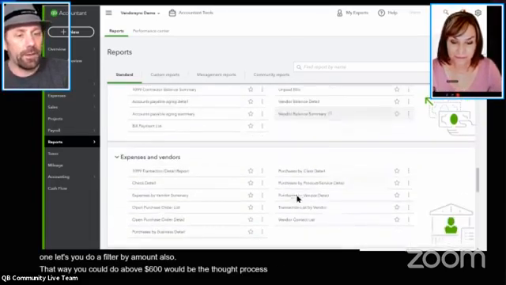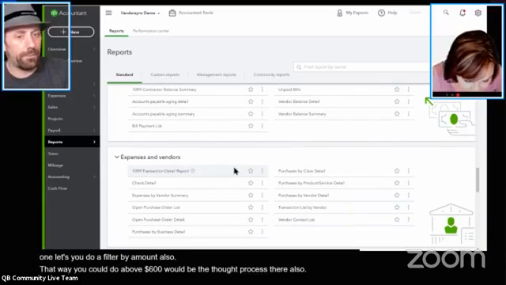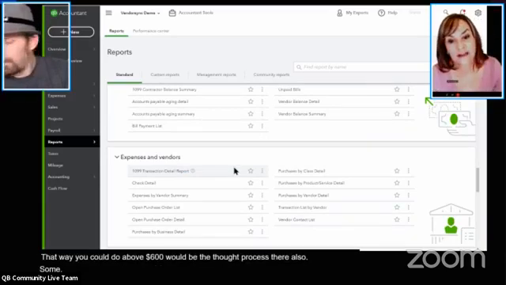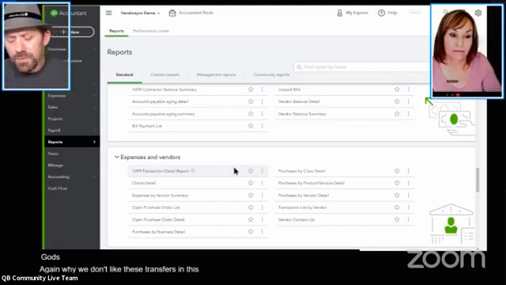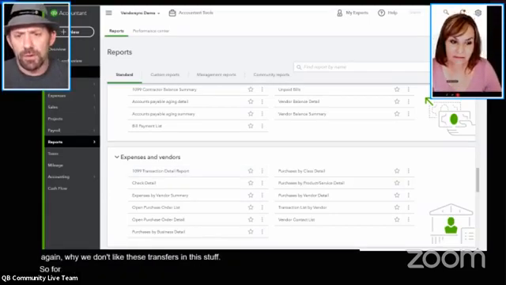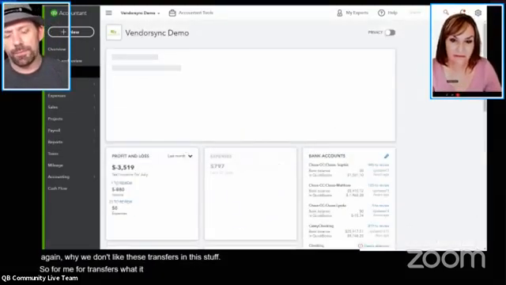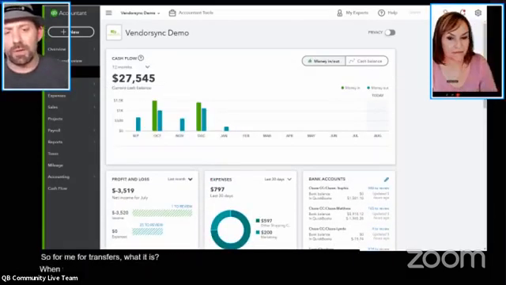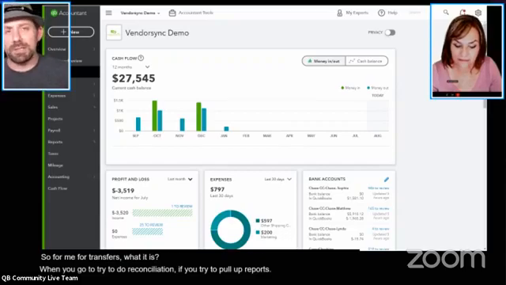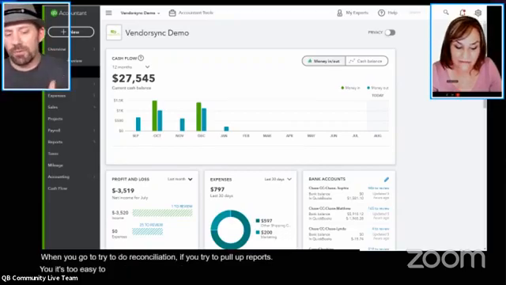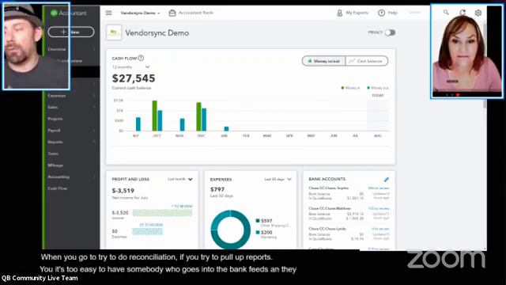Right. So, go ahead. Sunny Wilcox wants to know again why we don't like to use transfers. She missed that part. So for me, with transfers, when you go to do reconciliation, if you try to pull up reports, it's too easy to have somebody go into the bank feeds and click a transfer from one.